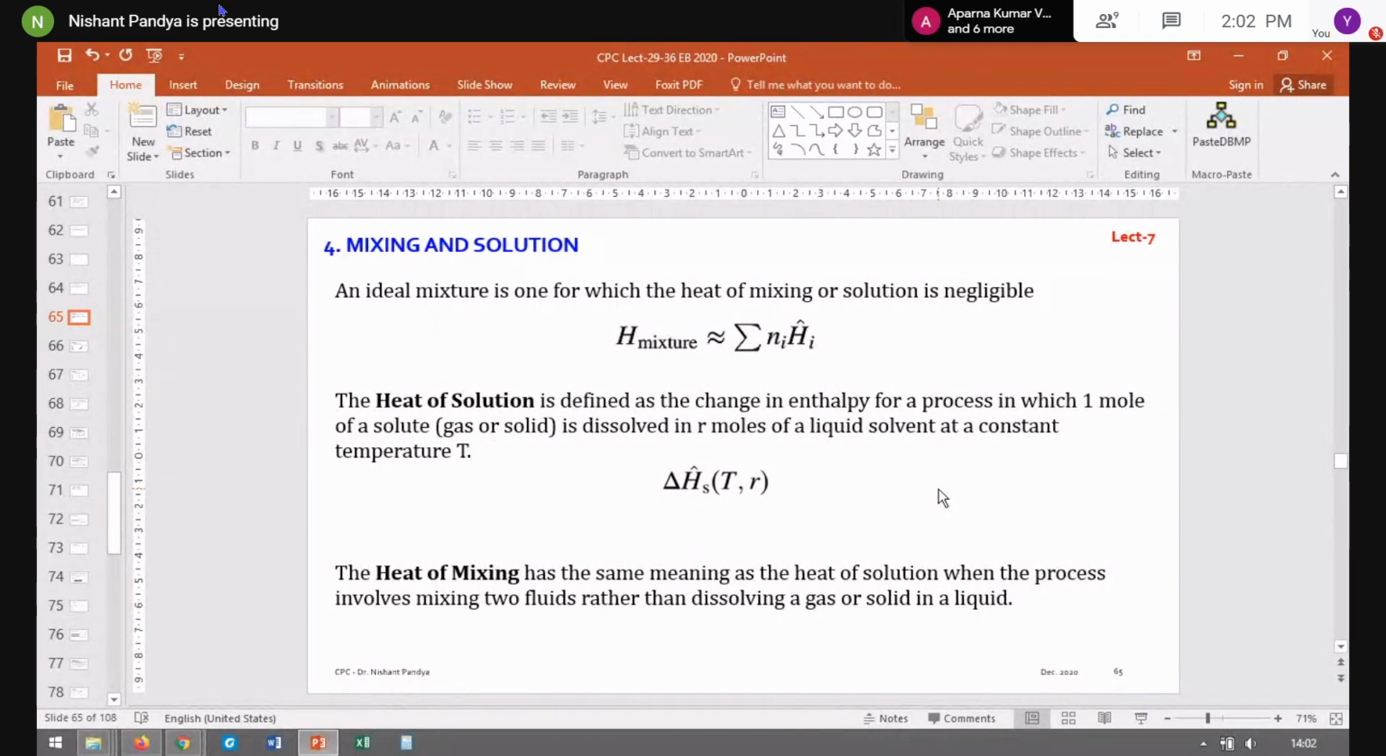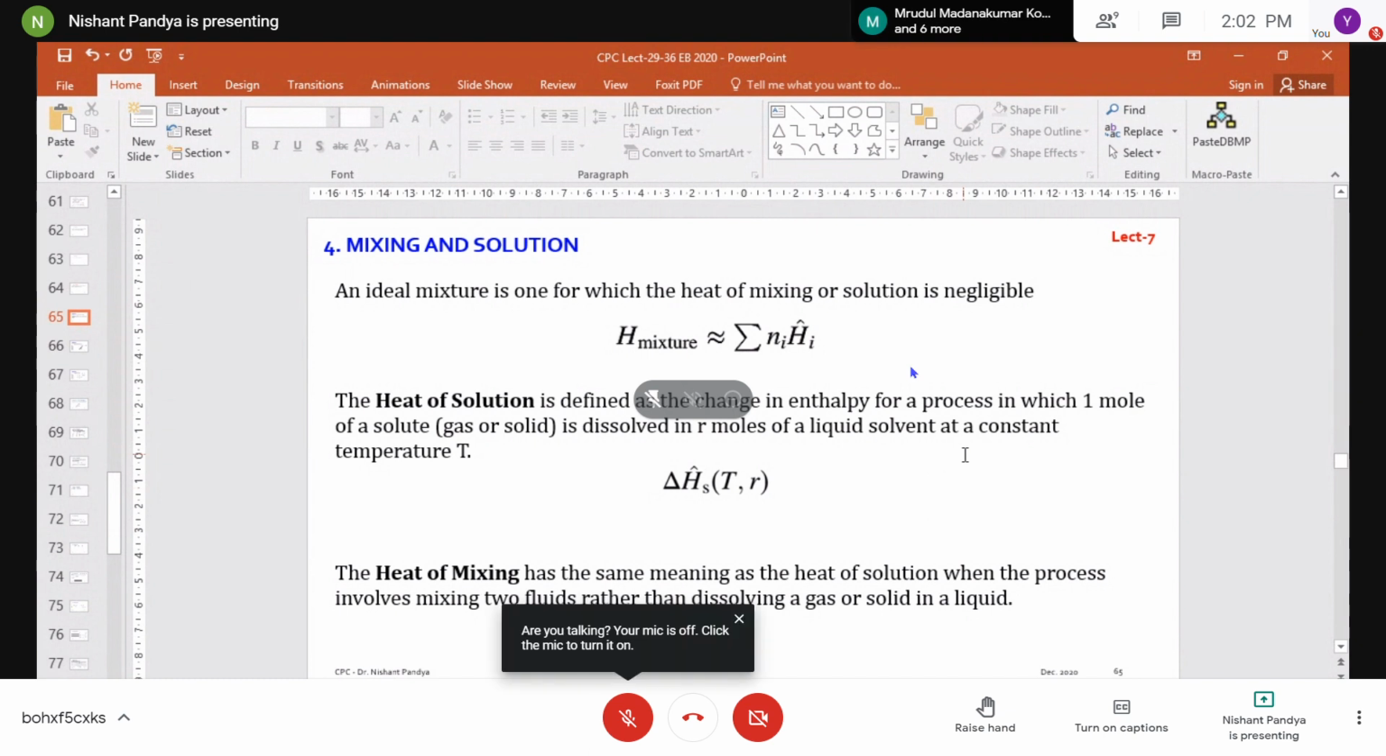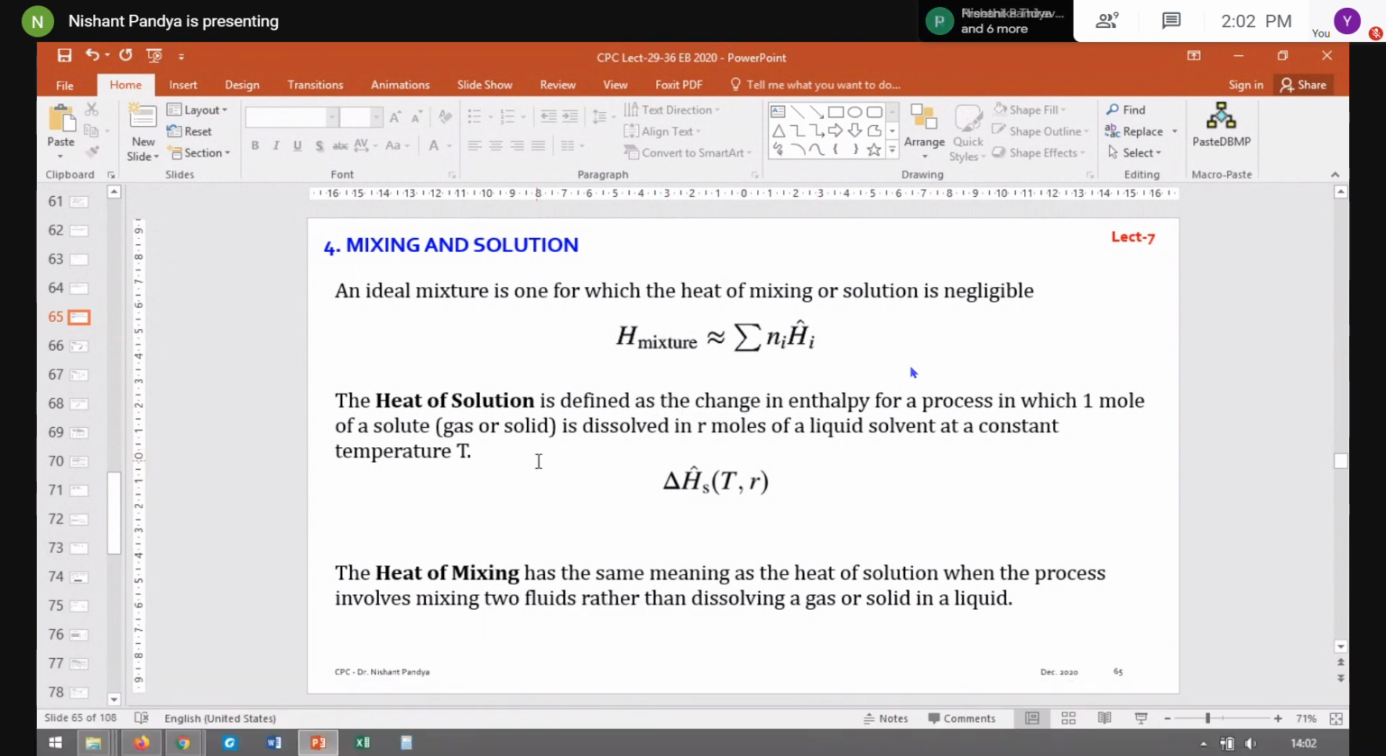Solid is dissolved in R moles of liquid solvent at a constant temperature. So we want to find out, if the temperature remains constant, how much heat is evolved. It means we are not increasing the temperature of the solution, otherwise that enthalpy goes into the internal energy. So we want to find out, if you keep the temperature constant by mixing two components, what will be